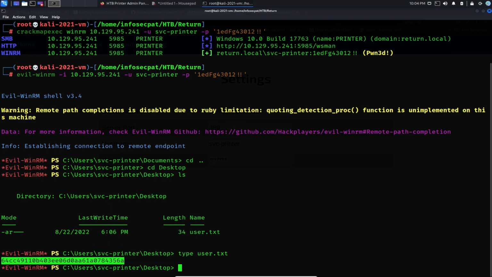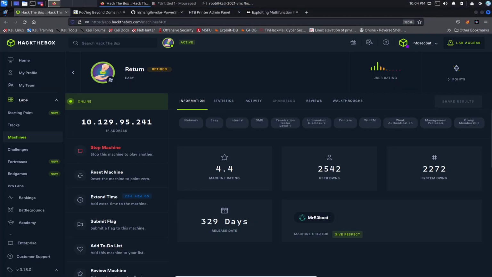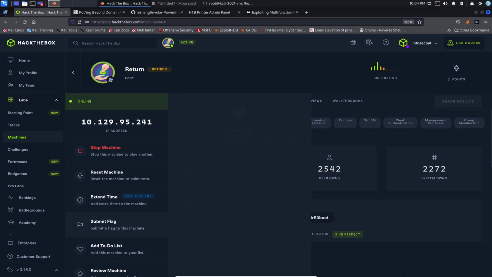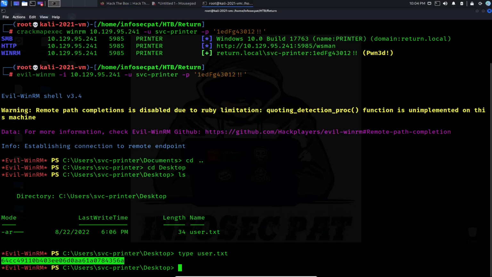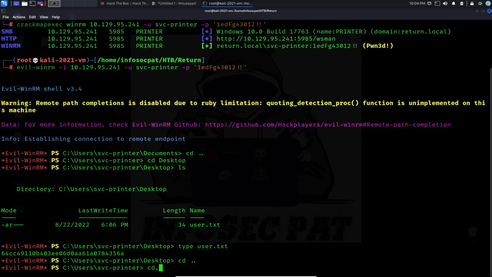Let's copy that, and then we can bring it here. But like I said, it was pretty easy to get that one. I already did the first flag. So now let's go ahead and do the fun stuff. So now we have to do privesc. We have to get to root, right? We have to get to the administrator,